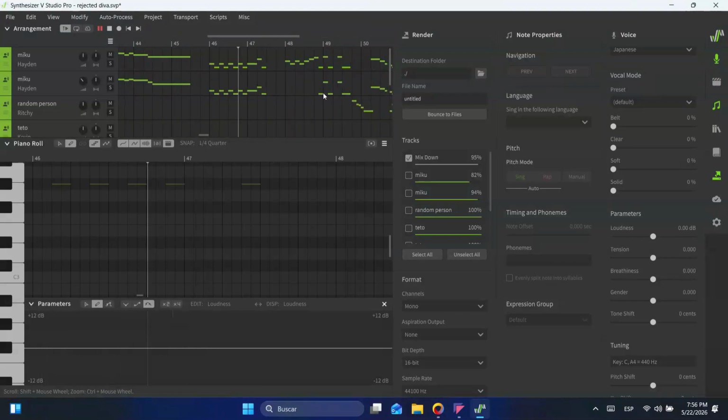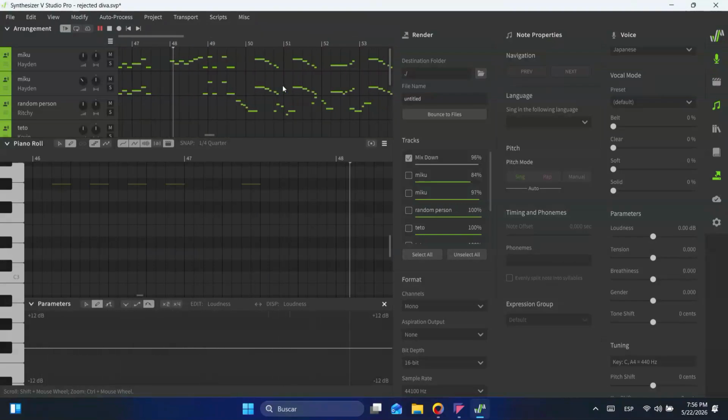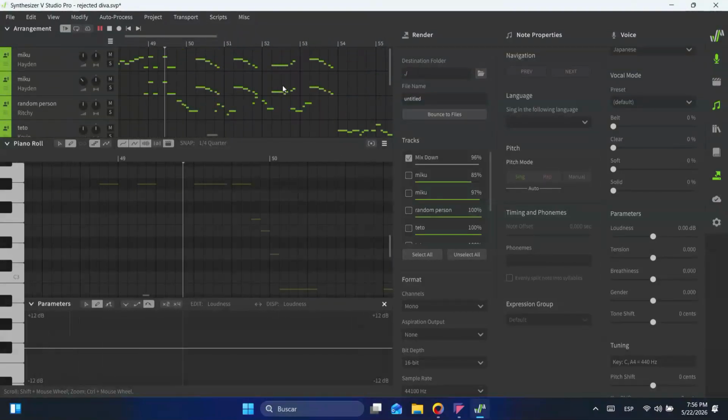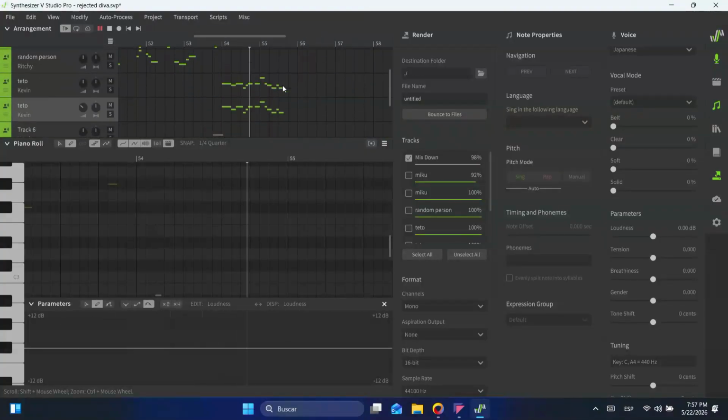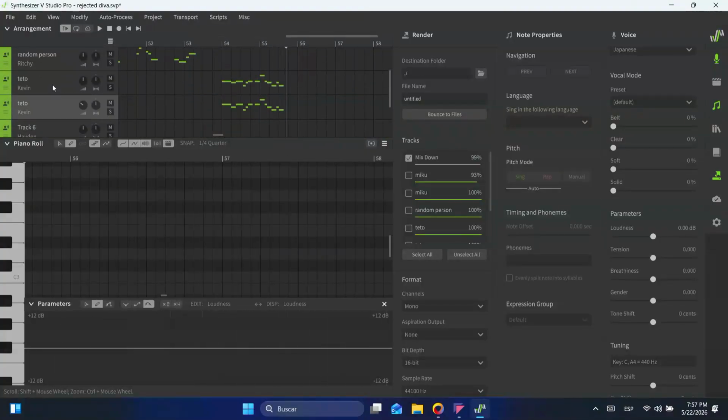Side note that I was working on, I was changing some of the lyrics so that it could fit